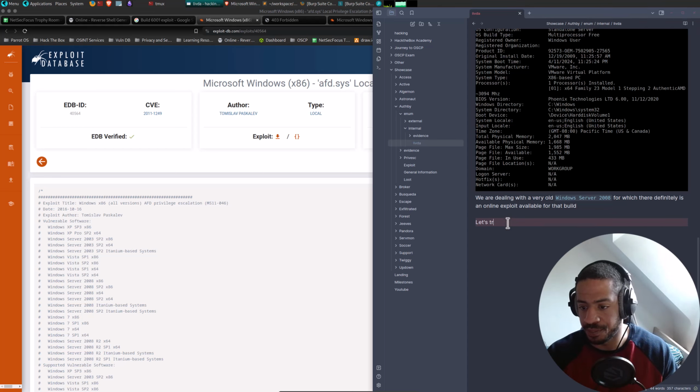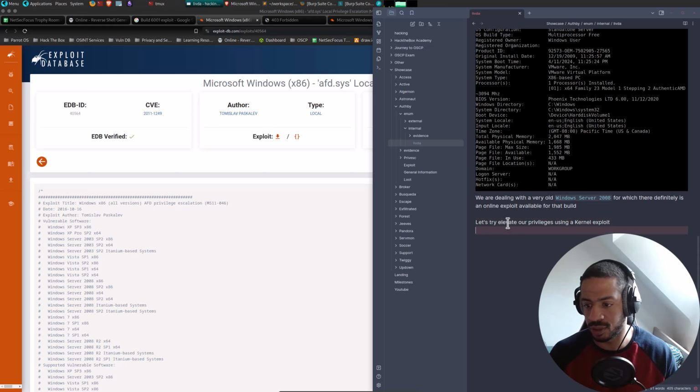Let's try to elevate our privileges using a kernel exploit.